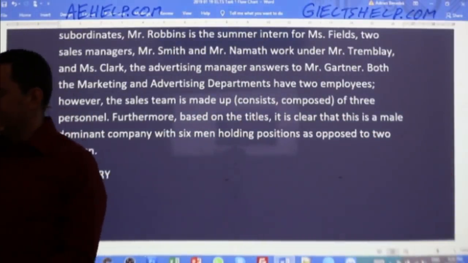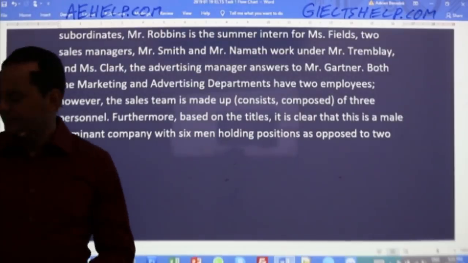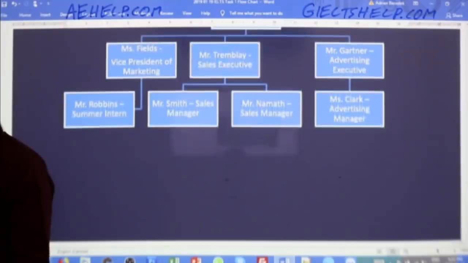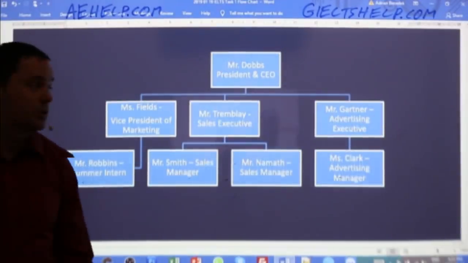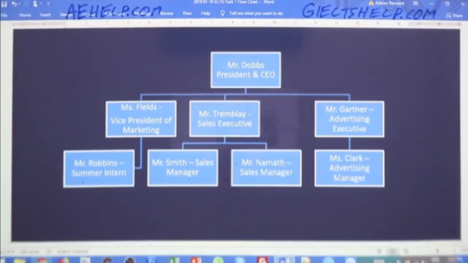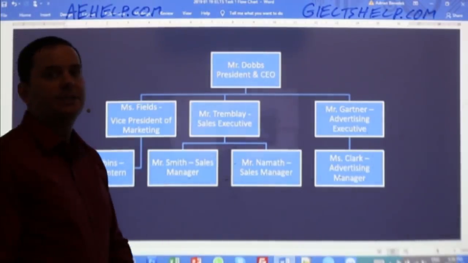All right. Great. It's good. So summary, what can we summarize about this flow chart? So when we look at this, is there anything that we can summarize? There's a few different ways to summarize this. Let's see what you come up with.